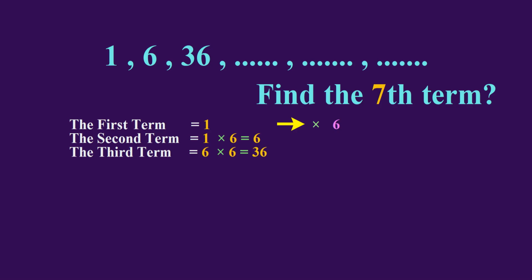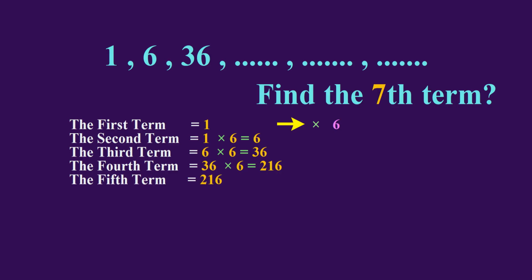And the fourth term is 36 times 6, which equals 216. And the fifth term equals 216 times 6, which equals 1296. And the sixth term is 1296 times 6, which equals